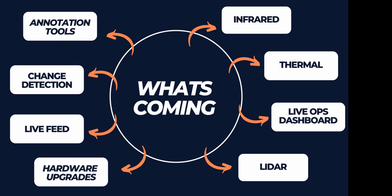We didn't want people to go and purchase something and then, as always, technology will evolve and we bring something new out and it will force your hand to upgrade your solution. We want you to be part of our ecosystem, and allow you guys to chop and change types of sensors for your needs. So whether you need one thermal camera as you're collecting RGB imagery, or you want to do a complete thermal capture, we can chop and change those sensors at any given time through the subscription model. Otherwise, you'd be forced down the track of purchasing more hardware from us when we're saying, hey, thermal's available, now you can buy these thermal cameras. We'll just give you that option to upgrade and we can send out those